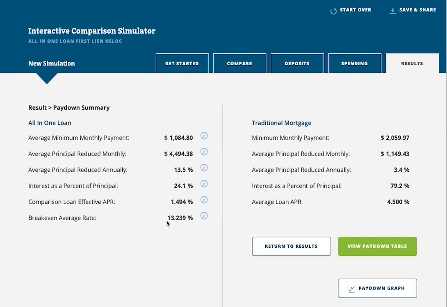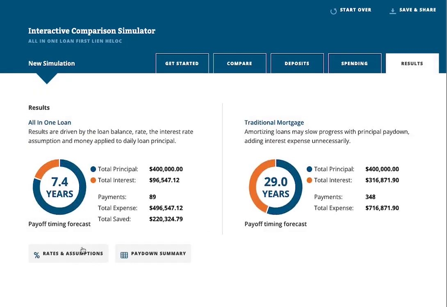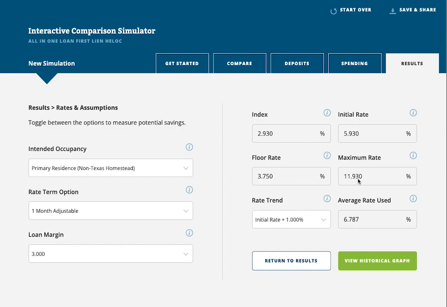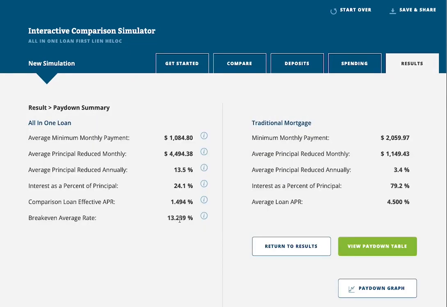The other thing that you want to see is this break-even rate, 13.239. That means every month that the rate in the all-in-one is below 13.239, you're winning. Let's say the bottom drops out on the economy and interest rates shoot up to 18%. Well, your ceiling, remember, your cap is 11.9. So it can never go above 11.9, and the break-even rate is 13.2. That means there's never going to be a month where the all-in-one is worse for you than this 4.5%